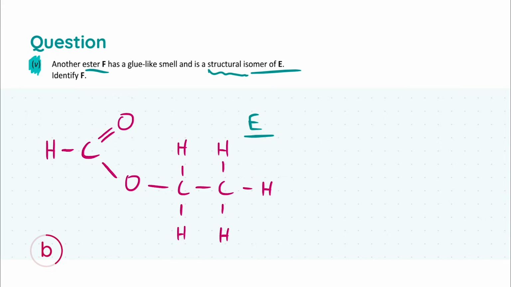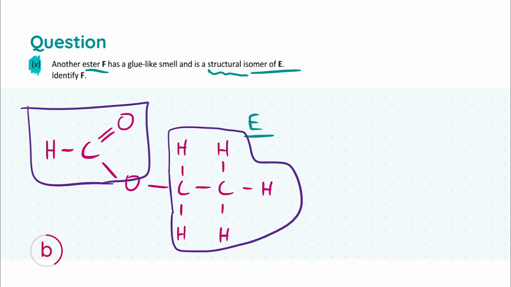Now there's a quick way, almost like a trick that you can do here, and it involves changing around our two groups. Remember we were saying earlier, this group up the top left is where we get the methanoate part of our answer, and this group down the bottom right is where we get our ethyl part. What we can actually do, if we want a structural isomer, is just swap the two of them and make a few little changes like that